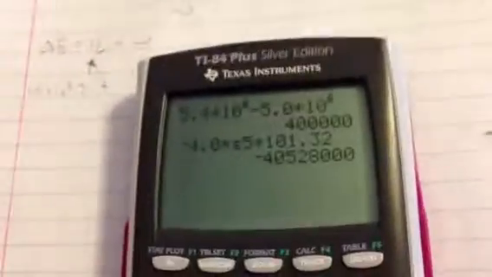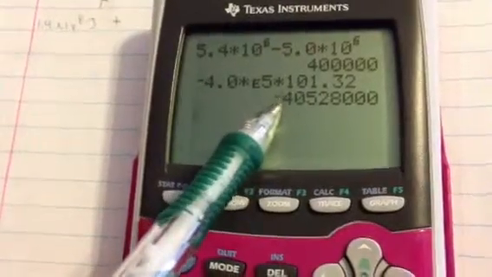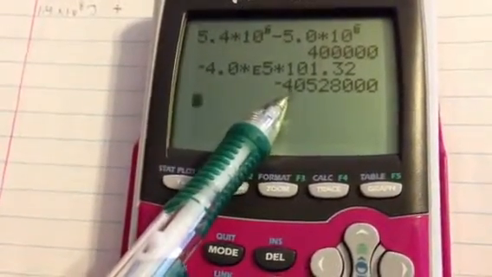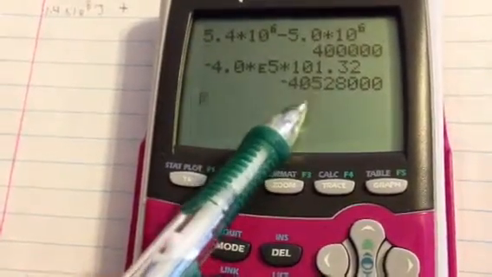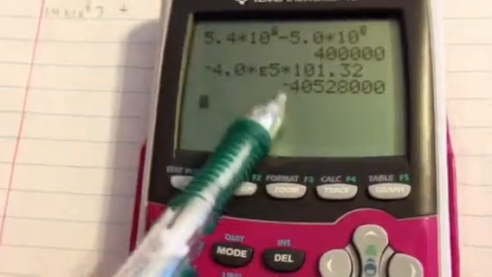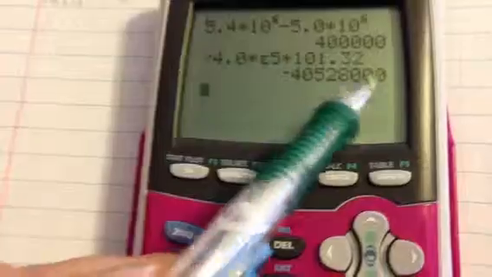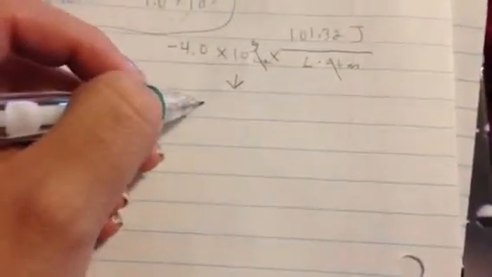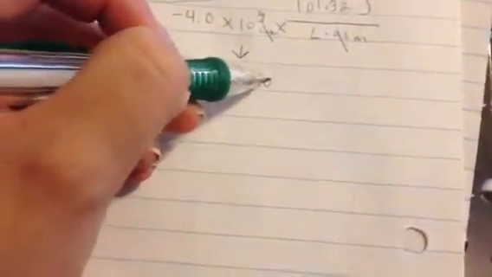It gives us this large number, so of course we want to do our sig figs. We put our decimal place about right here. And there's 0.5, so we're going to go ahead and round up to negative 4.1. If it's right here, there's going to be 1, 2, 3, 4, 5, 6, 7. So now we have this answered. Our W turns into negative 4.1 times 10 to the 7th